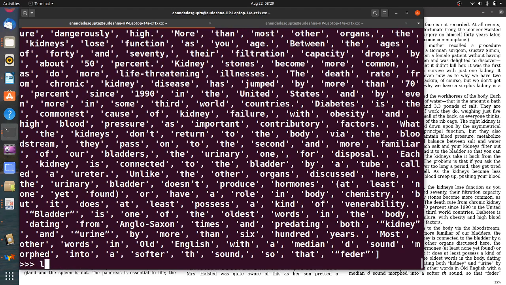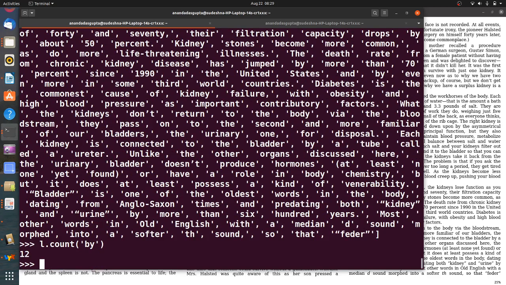Now I could, of course, do something like L dot count. Look for a particular element, let's say "by". How many times does the element "by", that is the string by, occur in L? It says 12 times. So there's quite a lot of uses here. But notice that to do this, you will have to take a look at each and every element as it occurs and count them. That can be done, of course. That's pretty easy to do